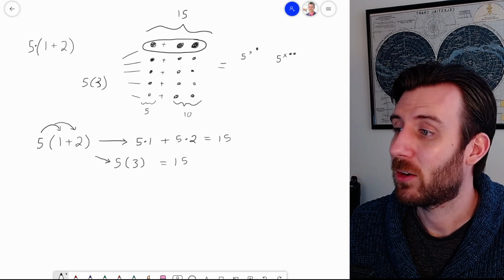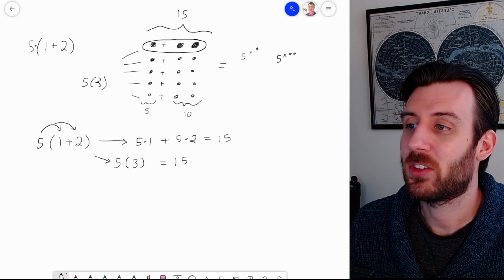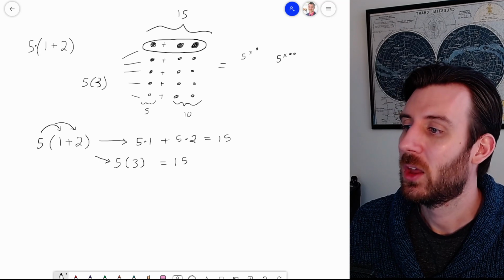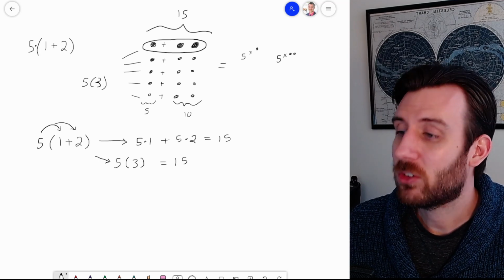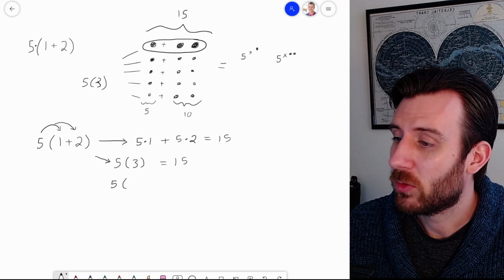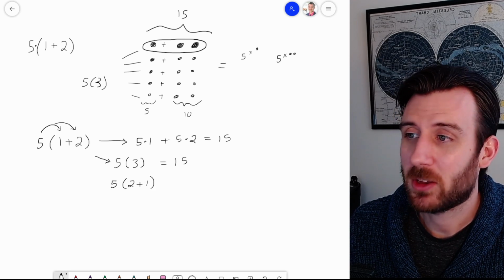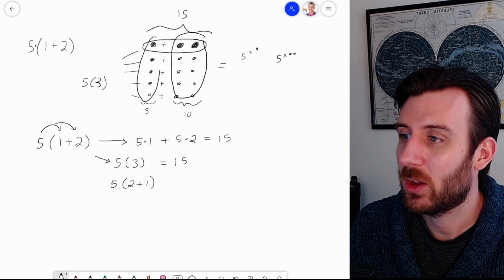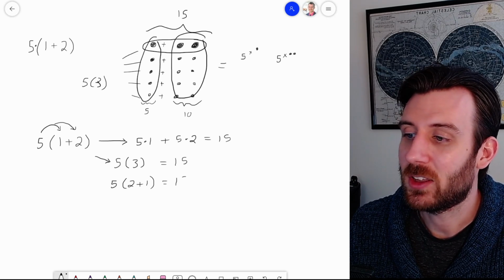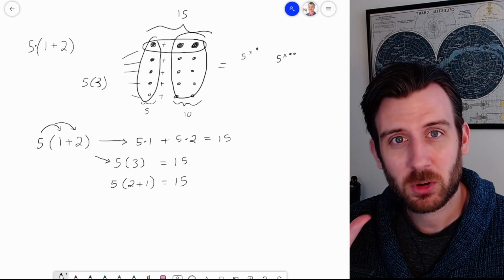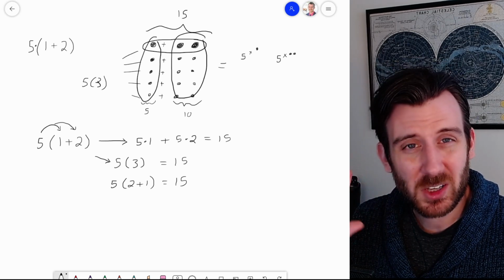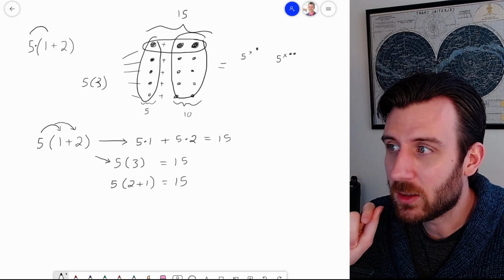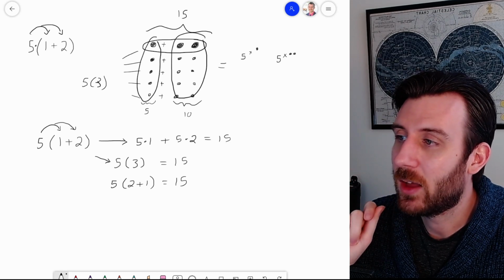Or we could look at this entire thing where maybe we try to express this still as groups, where we could rearrange these things. Like say I have 5 groups of 2 and 1. Maybe I now look at my picture from right to left and I say, here are my groups of 2, but then I'm going to think about and remember my groups of 1. That's still going to get me 15. So we have all these different equivalent perspectives, and this is what we talk about when we talk about distributing. It's just the way that we can take this group idea and apply it to everything that we have being